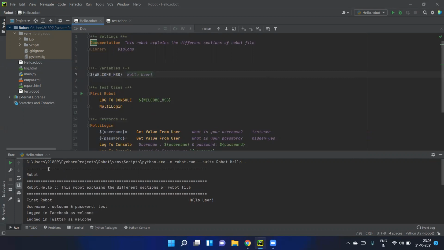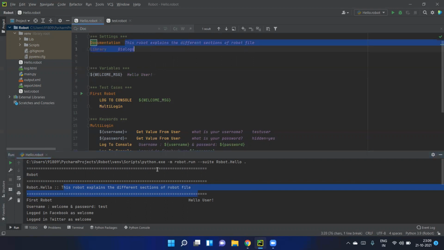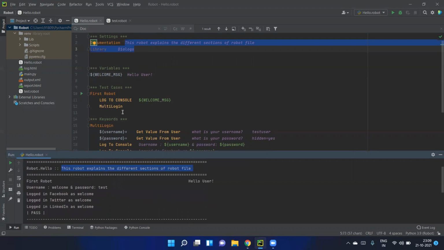So it starts with how you have executed the command line, the command also, and after that the robot file name, or let's say the project name. And in that project, you have hello as the file. Here you can see the file name is hello.robot, followed by the documentation about that robot file. So the hello.robot file will have the documentation about this robot, explaining the different sections of the robot file. We have the same text here. And after that, when you go to the test cases, we have the different test cases. But actually here we have mentioned only one test case, right?